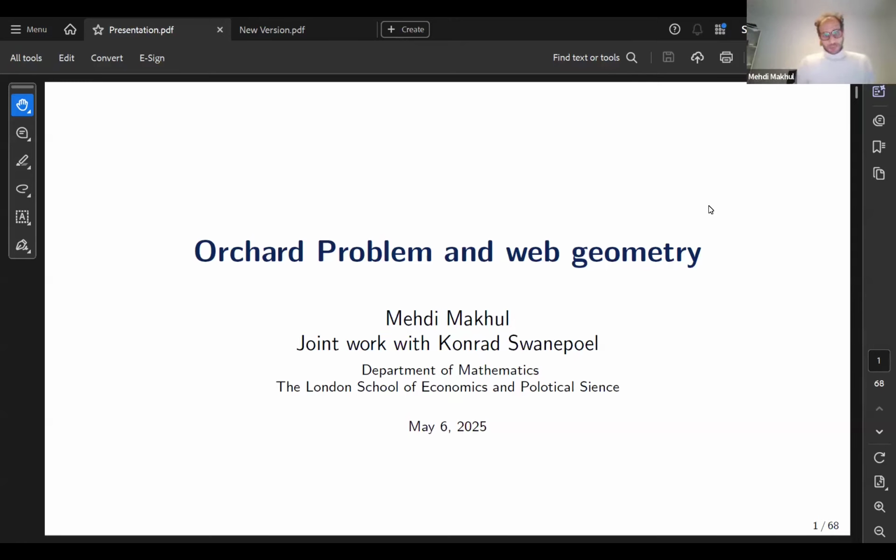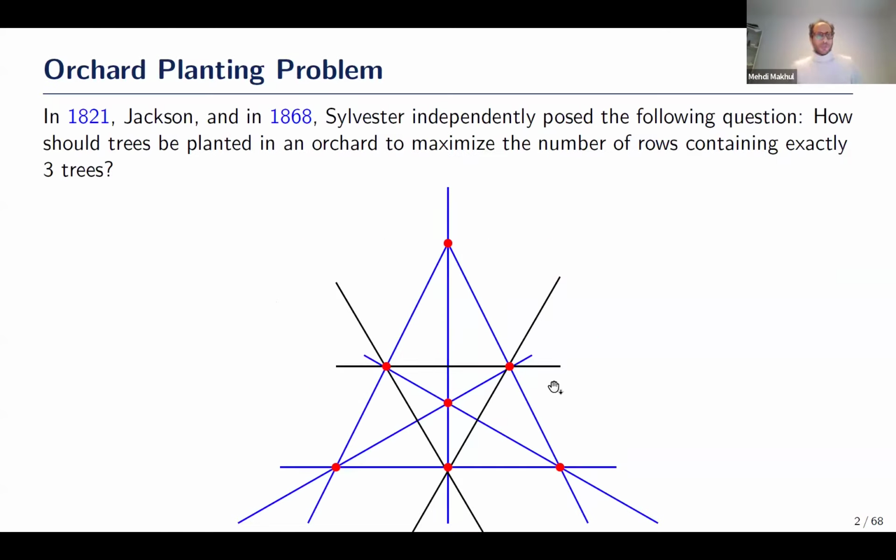So I'm going to talk about the orchard problem and some relation with web geometry, which is coming from somehow algebraic geometry and differential geometry. But what I'm going to do is very elementary, actually. It's not so deep tools. The orchard problem has a long story, and it goes back to Jackson and Sylvester, where they